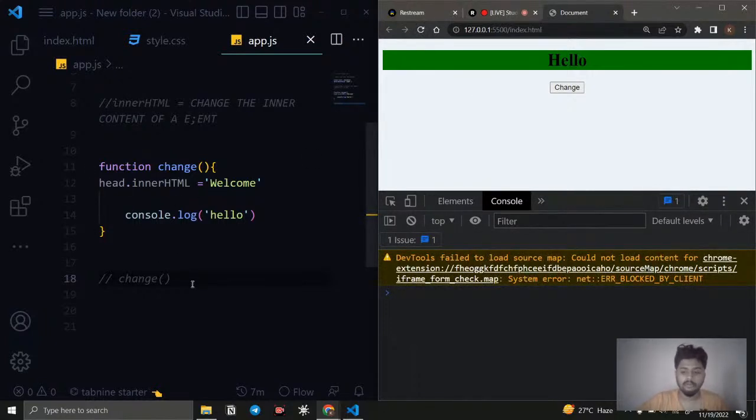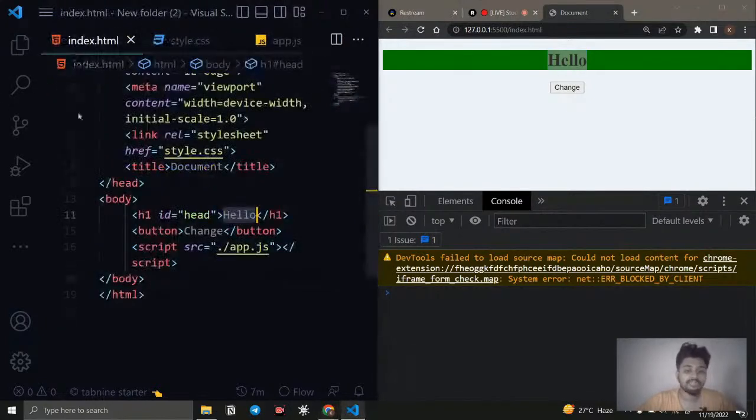But what is the functionality that we actually need? If someone clicks this button, then we need to change this h1. So what we can do is go for the button tag. Inside the button tag, we will give properties and attributes, right? Among them, we have something called an event attribute. What does event attribute mean? It will wait for a particular event to execute.